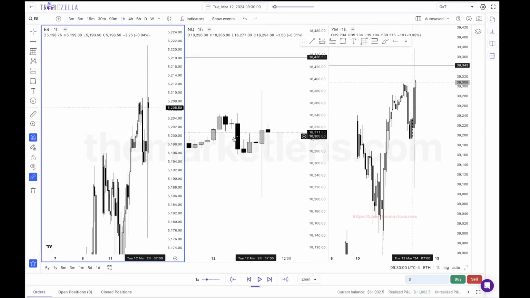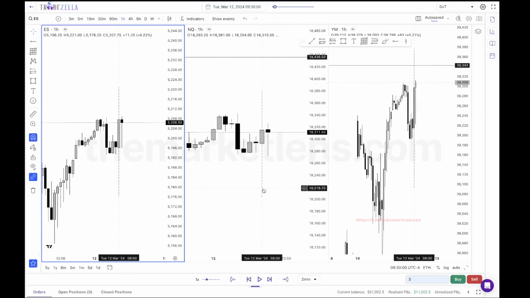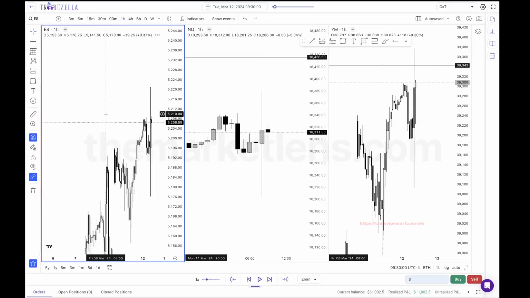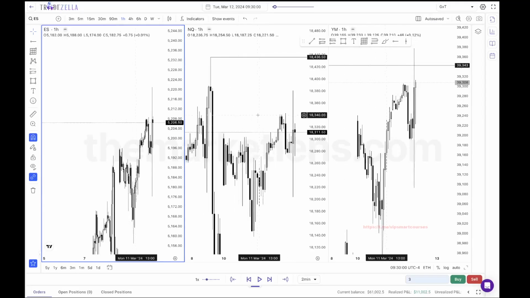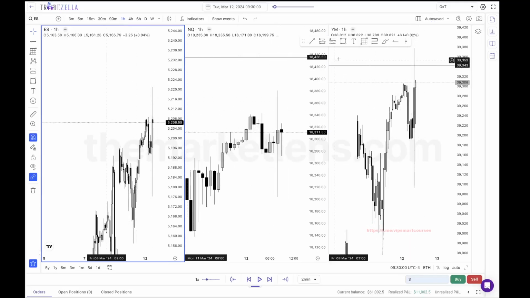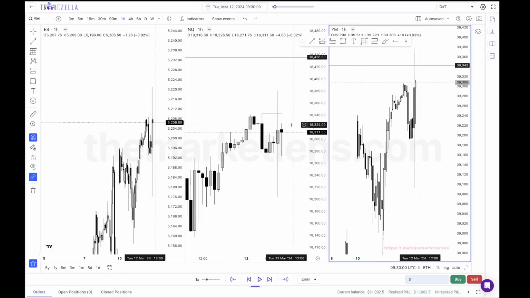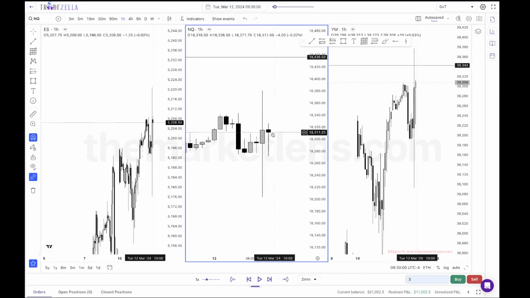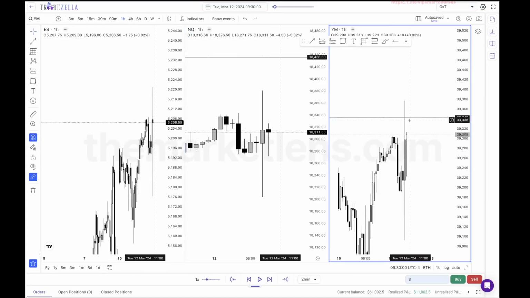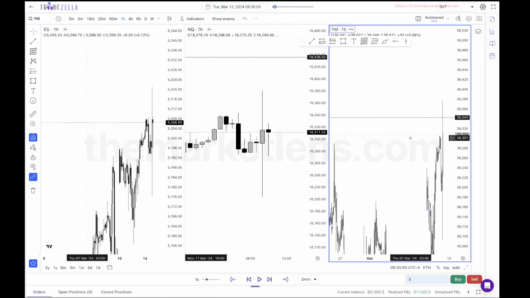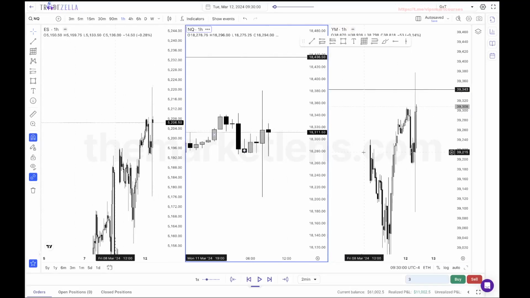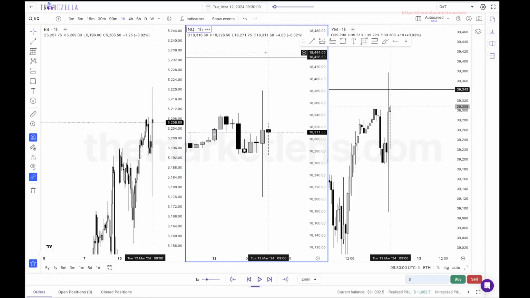All right, so ideally I don't want this low to get revisited. But we did just take an objective, so I don't like this close back into this range high, so we're not really seeing any strength switching going on. We're not seeing NQ turning stronger to catch up to these assets, ES and YM, which is not good, at least if you want to trade NQ to catch up, because on these assets there's nothing to draw into. So I'd rather see NQ turn stronger to trade into something, right?